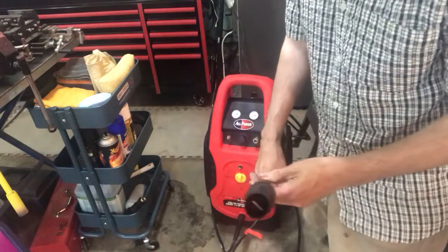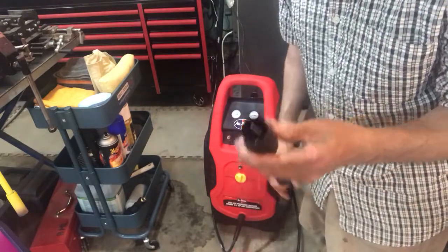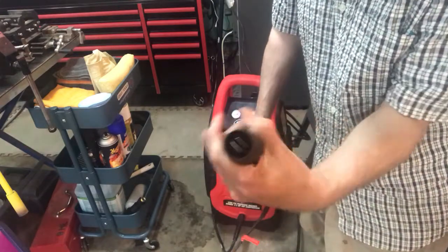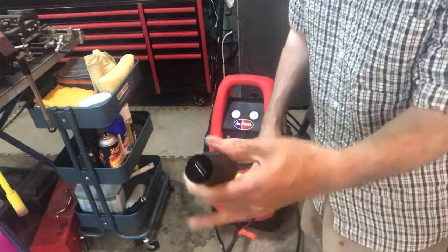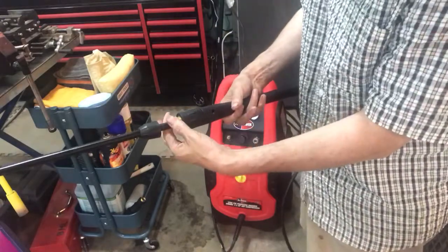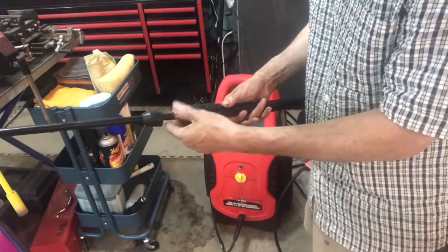And it has one of those tips, I don't know how well you can see that, that you adjust to adjust the fan pattern. Not the greatest, but it works. It's not bad. For what I paid for the pressure washer, I'm pretty happy. It doesn't have a quick disconnect. You have to disconnect the wand here, and